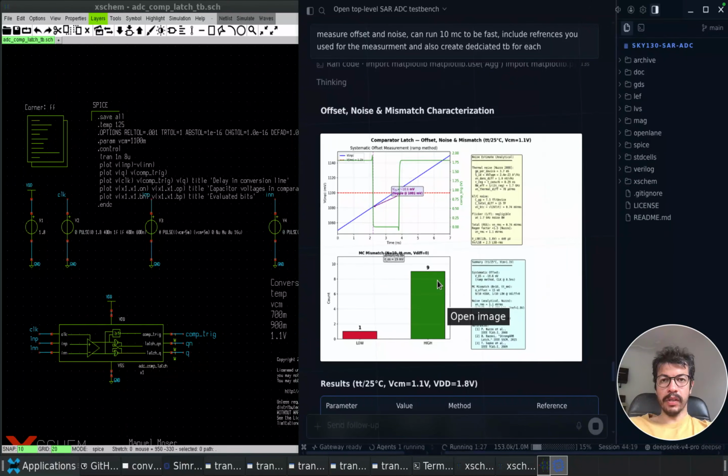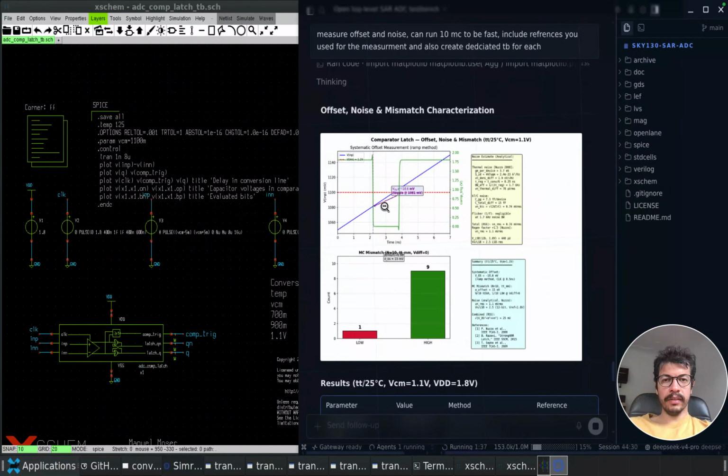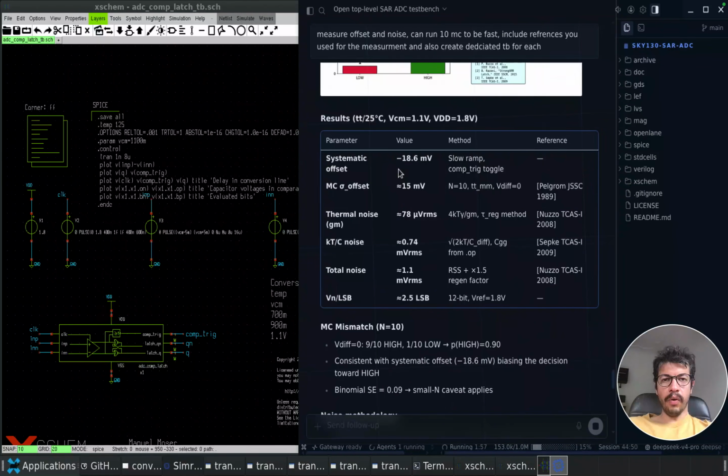All right, so the results are here for offset, noise, and mismatch characterization. Here you can see for the comparator latch, it did a systematic offset measurement. It has this slow transient input, and it measured minus 18 millivolts. And it also ran the Monte Carlo with just 10 points to be a little bit faster. And for the noise, we can see how it measured the thermal noise, kT/C noise,